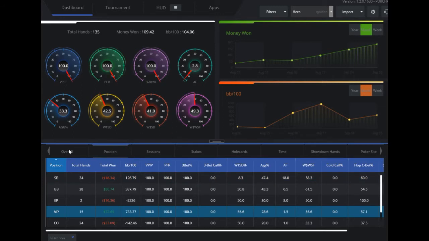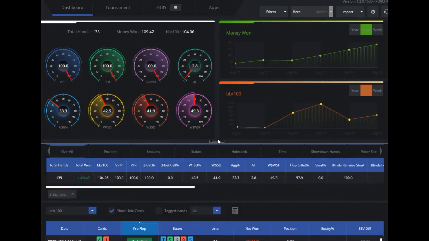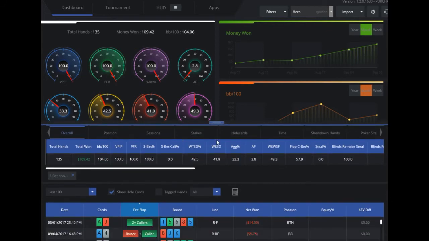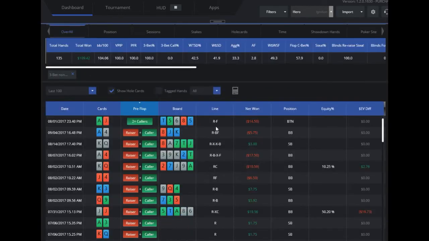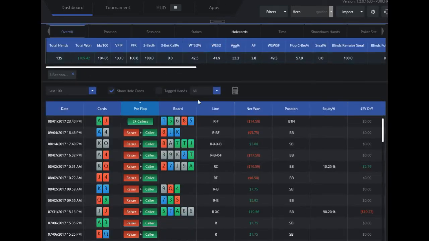And we'll look at overall real quick. And I'm going to expand. So overall, with our 3-bets, winning a good amount, so that's probably not a huge concern, but always want to take a look at some of the 3-bet bluffs. So we're going to click on here and just remove the gauges. So here's some of the 3-bet bluffs,